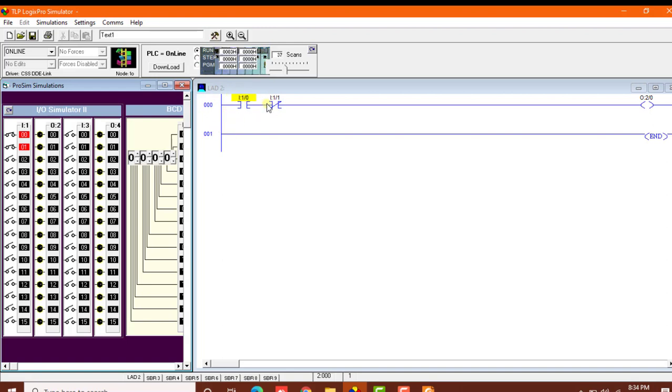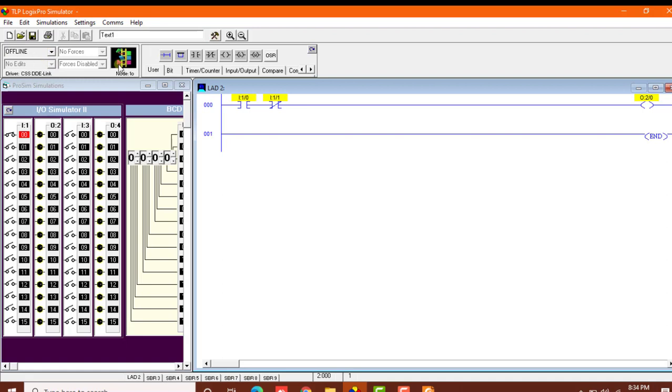So input is being applied over here, which is why it is glowing, but the input that is being applied over here cannot reach the output section. So as soon as I turn this thing off over here, the bulb over here glows and the circuit works again. So now we'll move to make an AND gate.